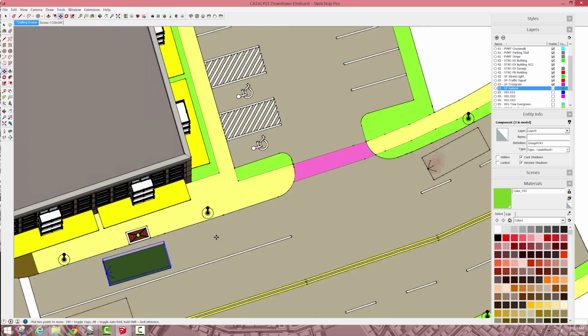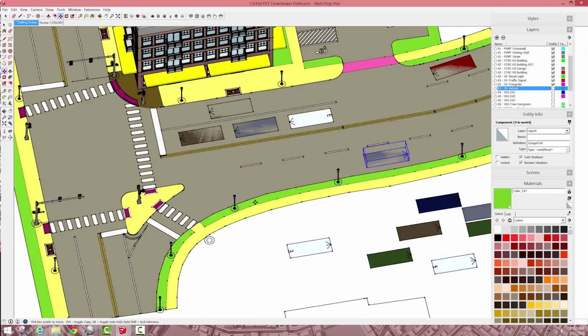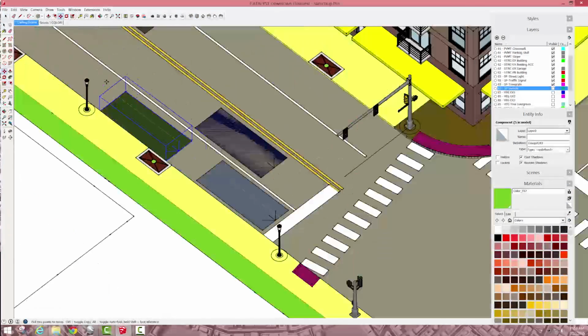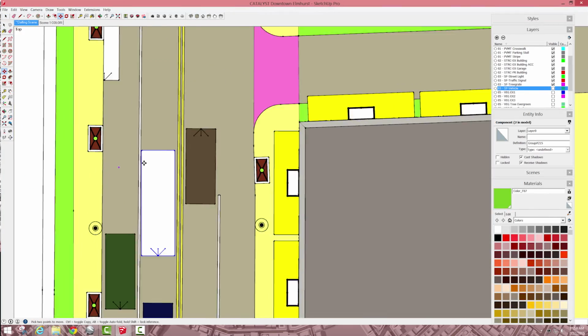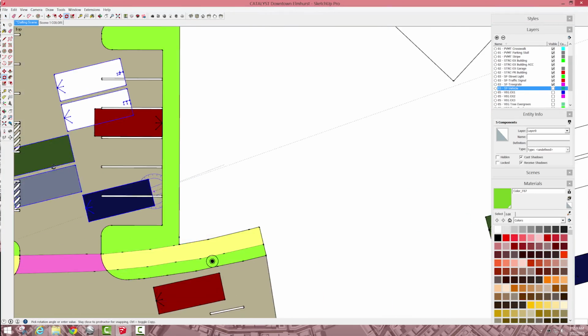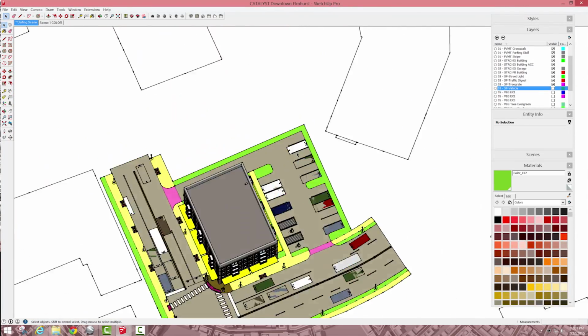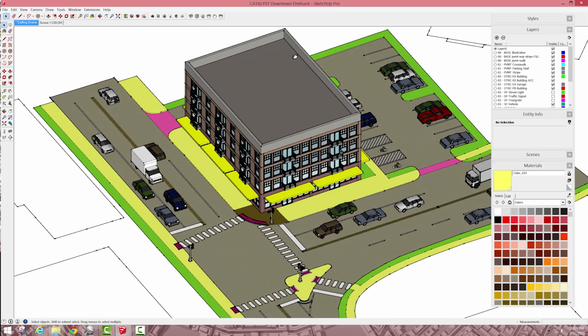I'm gonna make sure these are all down on the plane. They should be. All right. And then just in top view, start dropping in some cars. So I'll drop in a couple of cars, some trucks, things like that. Okay, so let's see what that looks like. Okay, I think that'll work. So now I'm just gonna tweak some of the